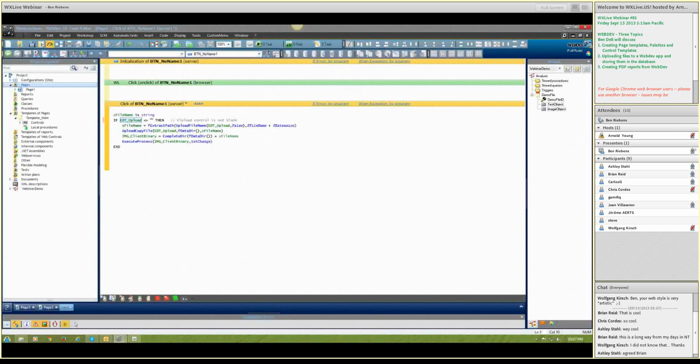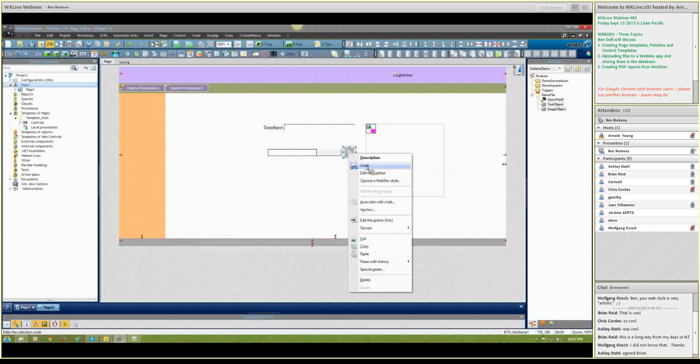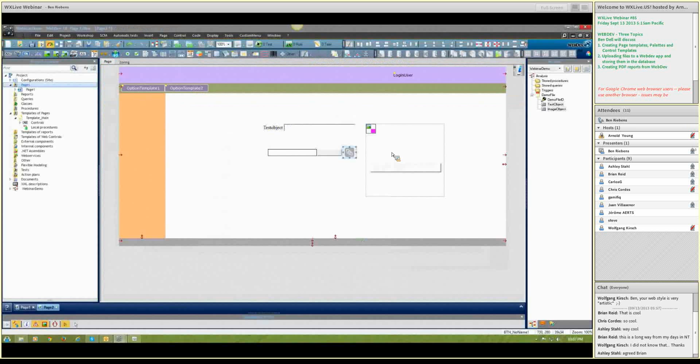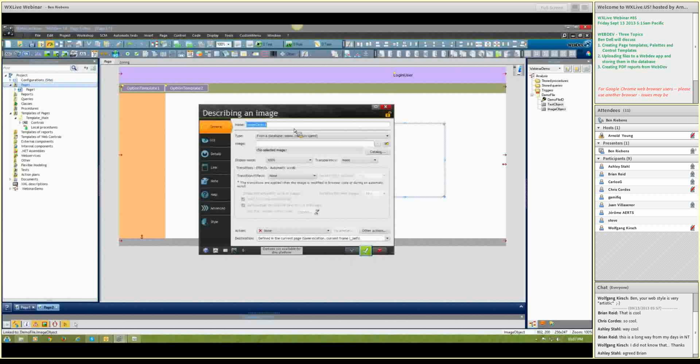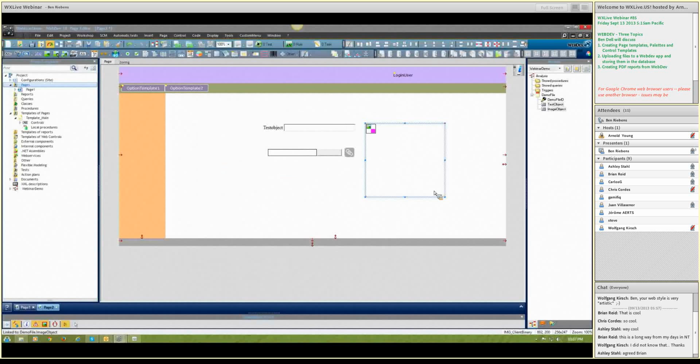So the first thing we need to do is to make sure that the upload control is called upload control. We do that, and it's called upload control. The second thing we need to do is to make sure that our image is called that. So what we will do is we go to our image and we say what's the name of our image,